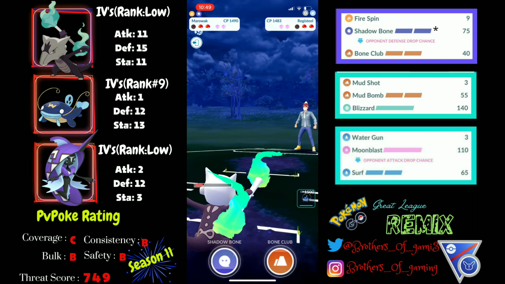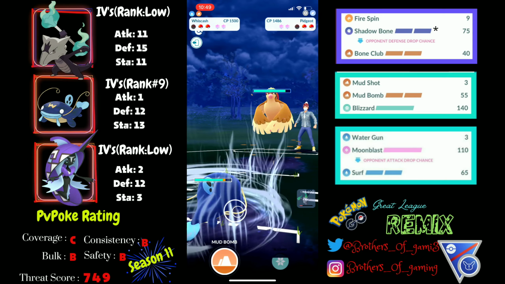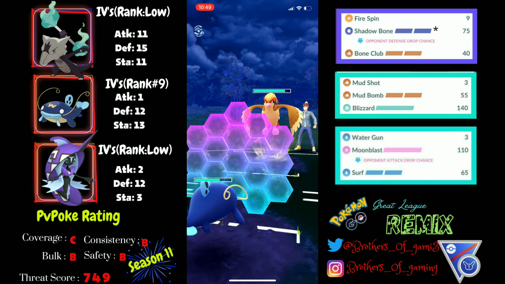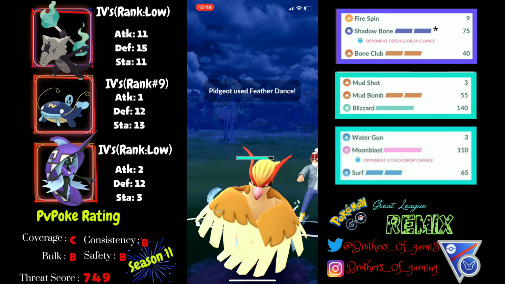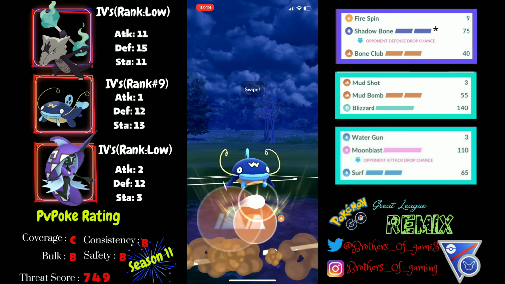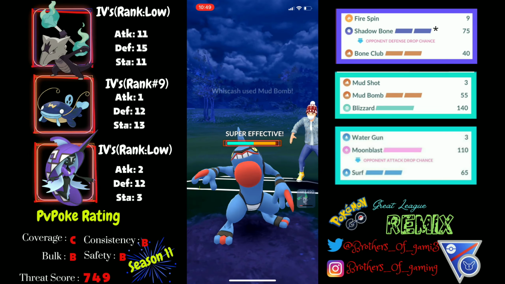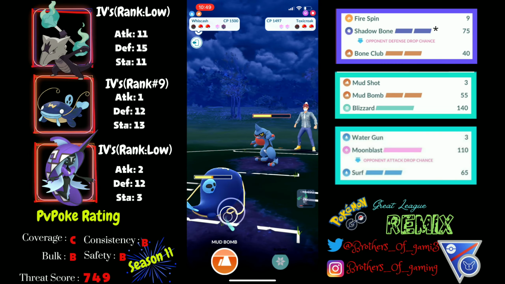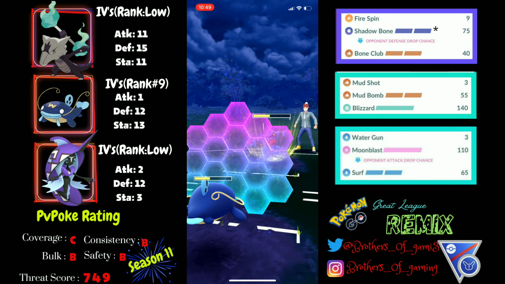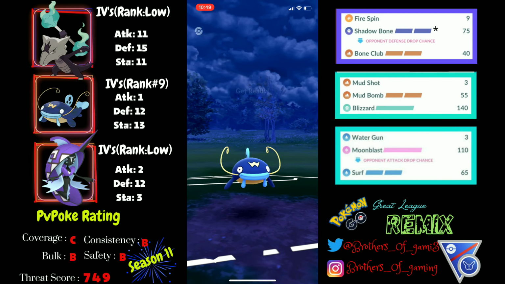So I'll be going for the hard farm, and since I think they will be coming back with their own Pidgeot over here, I'll be safe swapping once again into my own Whiscash, and I have to shield up sometime. To which they come back with their own Toxicroak over here, and since they have a two shield advantage, I will be going for the back-to-back Mud Bomb. This is going to be very tricky because I have to burn down the shields from my opponent's end,